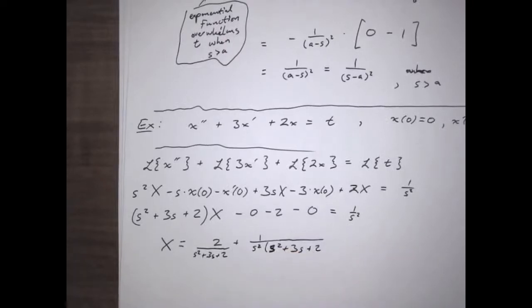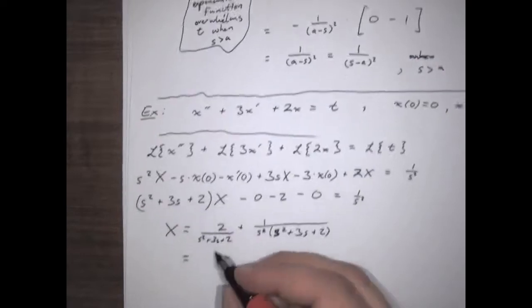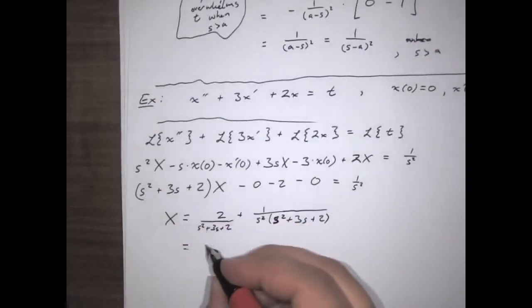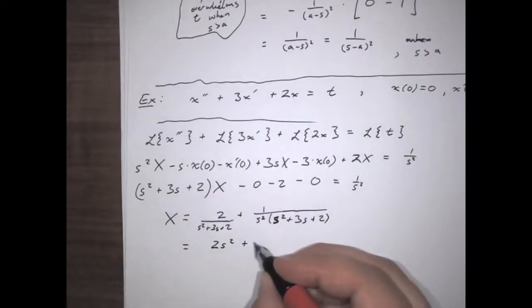So just add the 2 to both sides, and then I would divide by the factor of x there. So that's going to be then, if I combine like terms, 2s squared plus 1